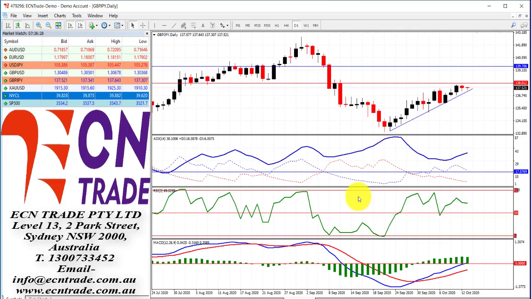Talking of reversals, we can see here from sterling yen that the market's struggling at this 138 handle. There is a little bit of bearish divergence, and by divergence I mean as price rises, the indicator is dropping, and therefore we could see a bit of a turn in this cross. If we see a break beneath 137, it could lead on towards the 135 handle.